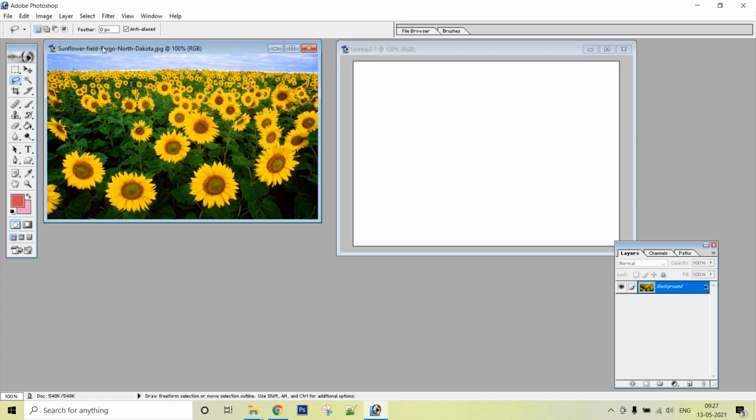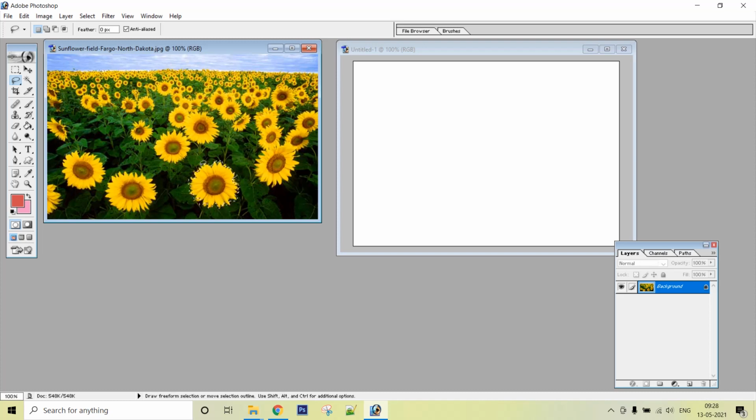You can apply the feather also here. Now suppose I want to select this flower. So I will press my mouse's left button and move the cursor around this flower, so that I try to get a very accurate selection.